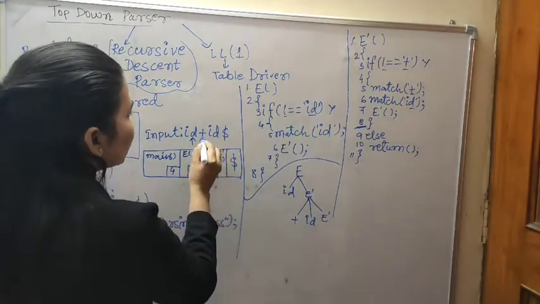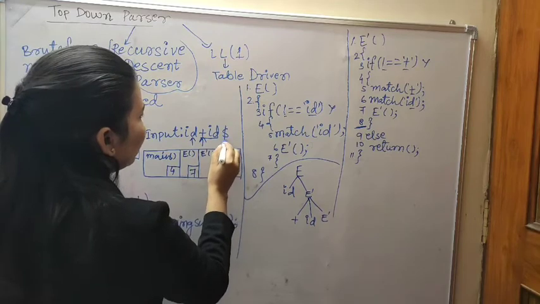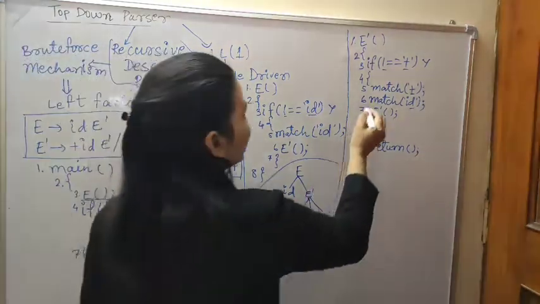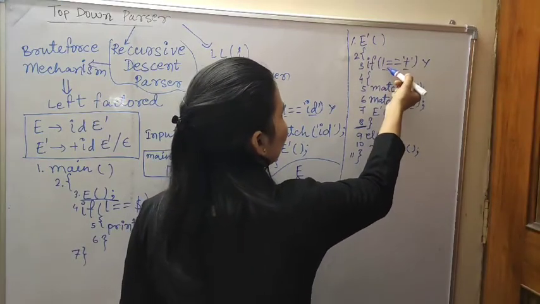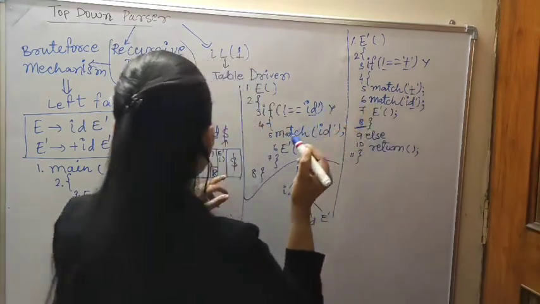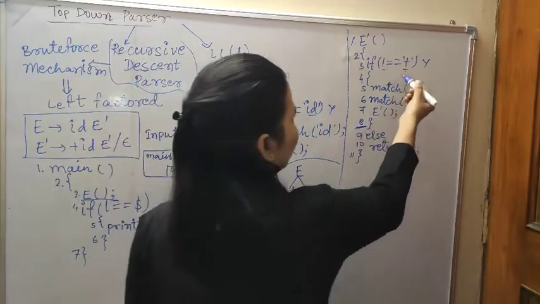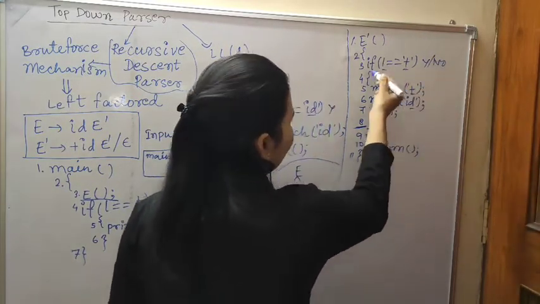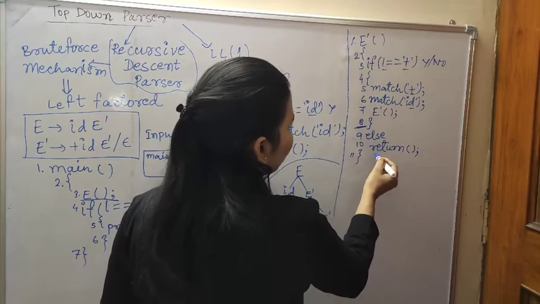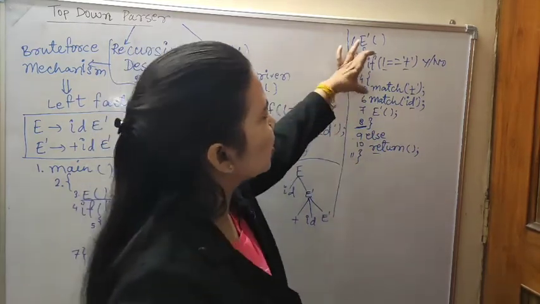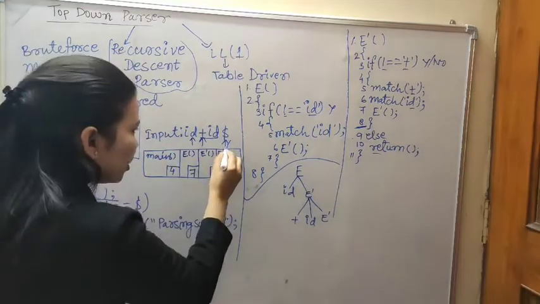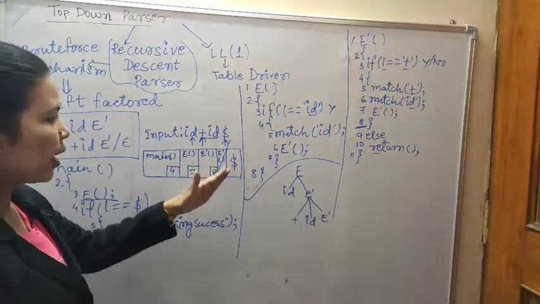So now plus and id has printed. Now what is dollar has given. So dollar, again E dash we are going to the inside, look ahead equal to plus. Our look ahead is dollar, dollar equal to plus, no. So whenever it is no, then we will move to the return part, because the else part is the if part. So then we will go to the return, but that means return. Return means we will exit of this.